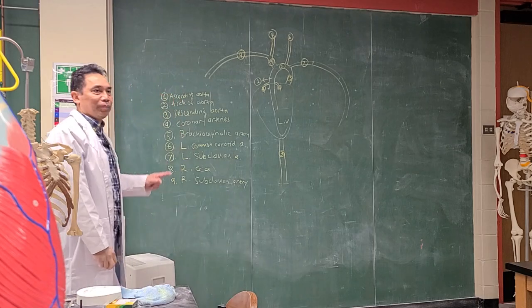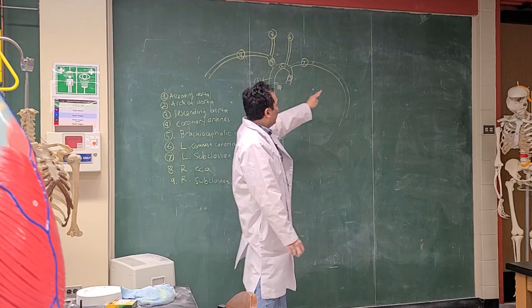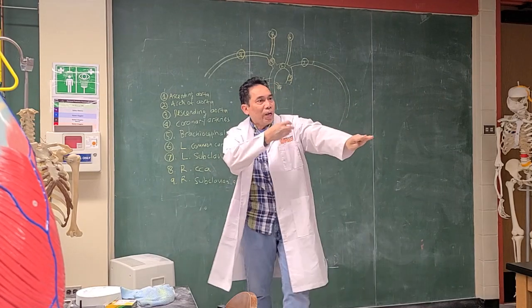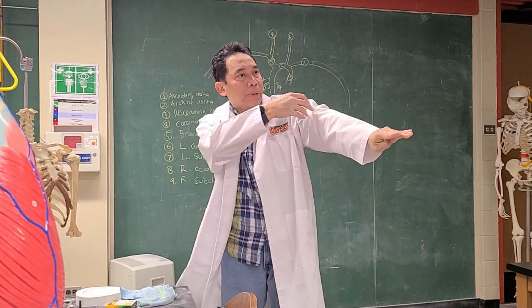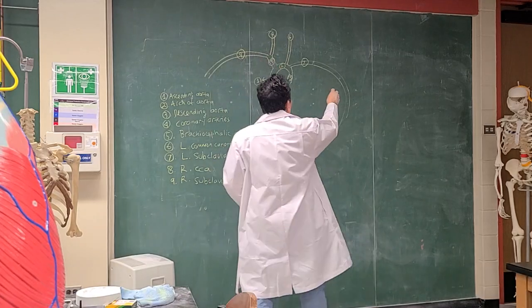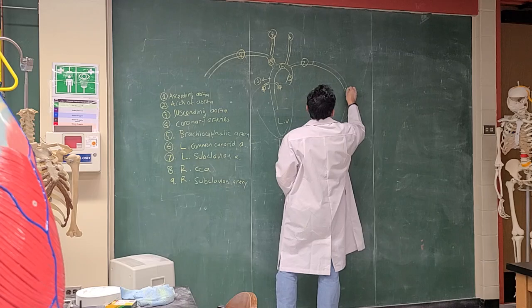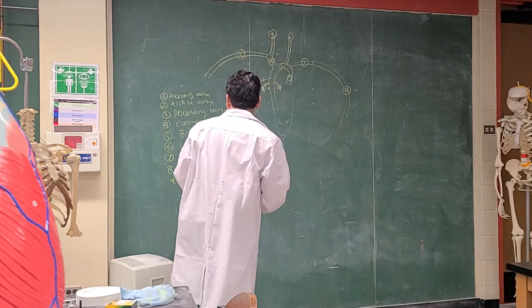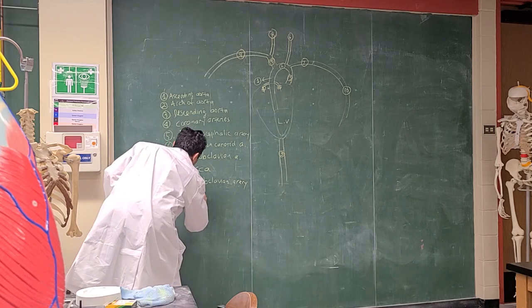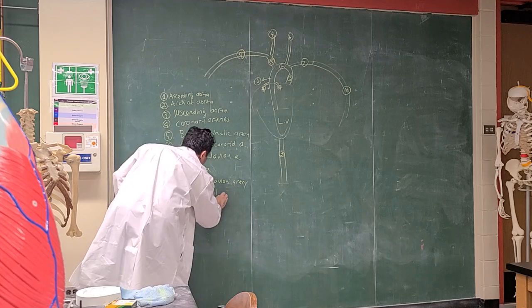Okay, you got this one first. Now we're going to continue the subclavian artery. It's going to go to our upper arm. Upper arm is brachium. So over here, you're going to have number 10. That number 10 is the brachial artery. Because it is on the left side, we're going to put left brachial artery.